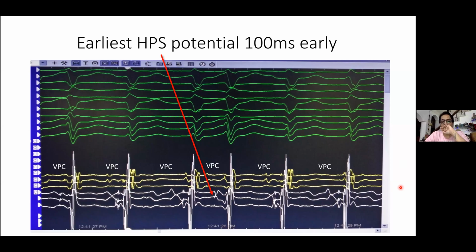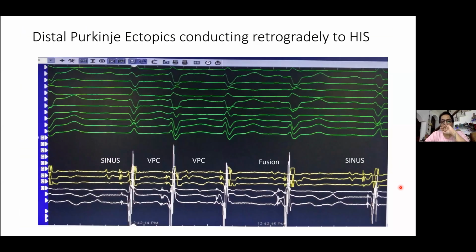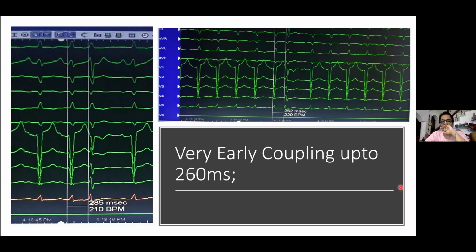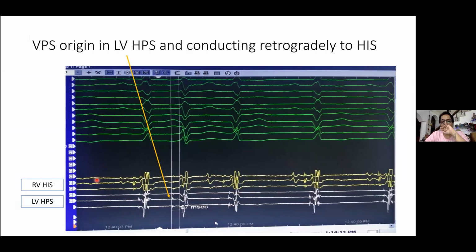You just stay there and it was so irritable that all these PVCs, all these EGMs that I showed you, we were not doing anything. Just by being there, you are getting all these EGMs. And this is exactly the same thing that we got during the spontaneous PVC, with exactly the same morphology.